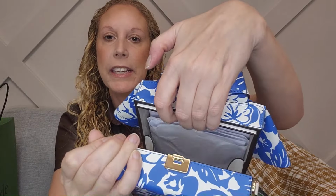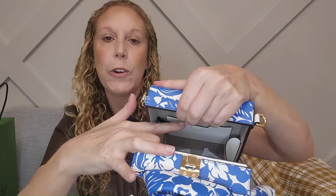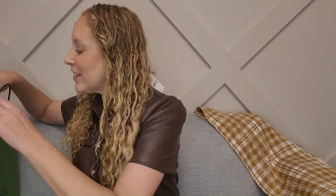So you can see there, it's not a horrible size. And then we've got some tissue paper here. Let's see if there's a little coin slot. Oh, yeah. Over on this side here, you've got a little slot that you can use for credit cards or other things. So it's not going to be your largest purse in your collection probably, but this is really cute. And I'm going to store this away for summer. So I was very excited to get that. And this one, let me just double check, retails for $458. And then the other thing I got